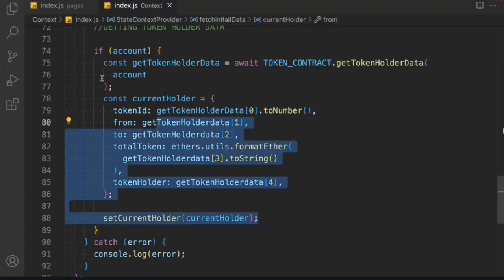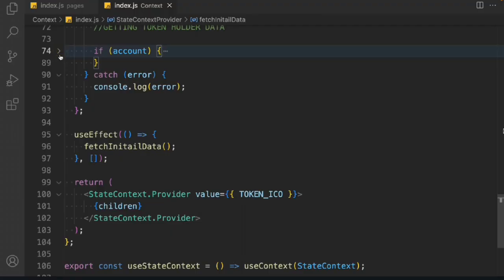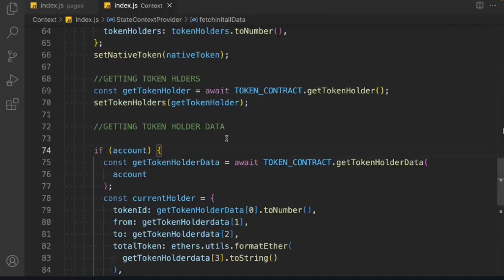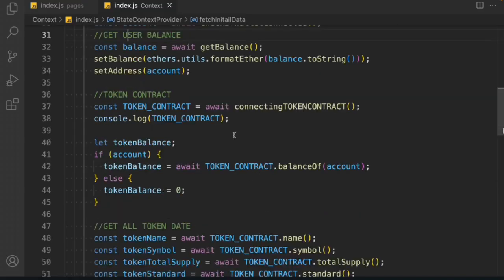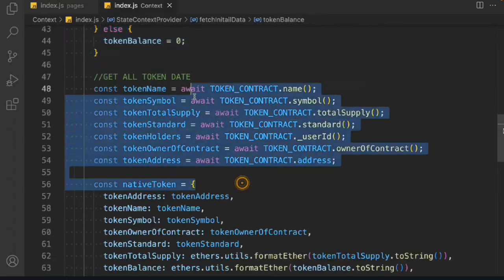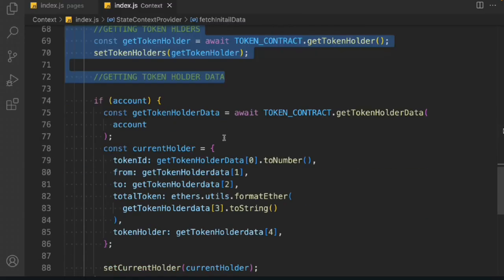So it looks pretty good. This is the if block we have. Things are looking good, no issues here. Now things are looking pretty fine. First we are getting all of this data for the native currency, then we are working on our user